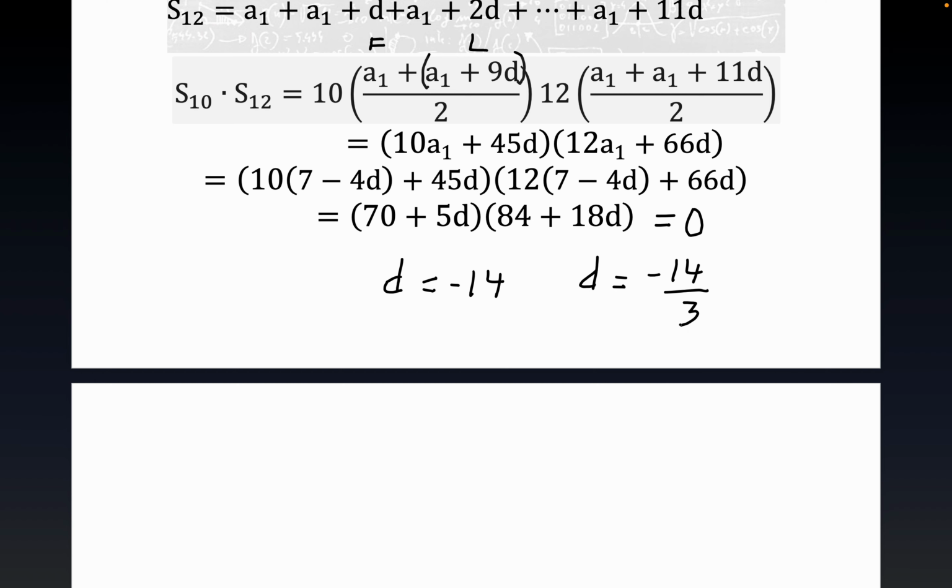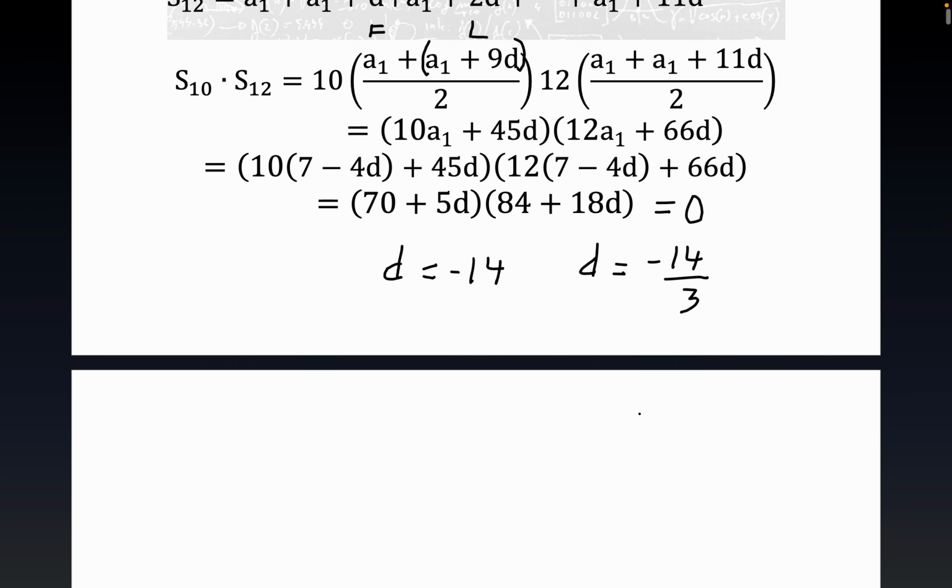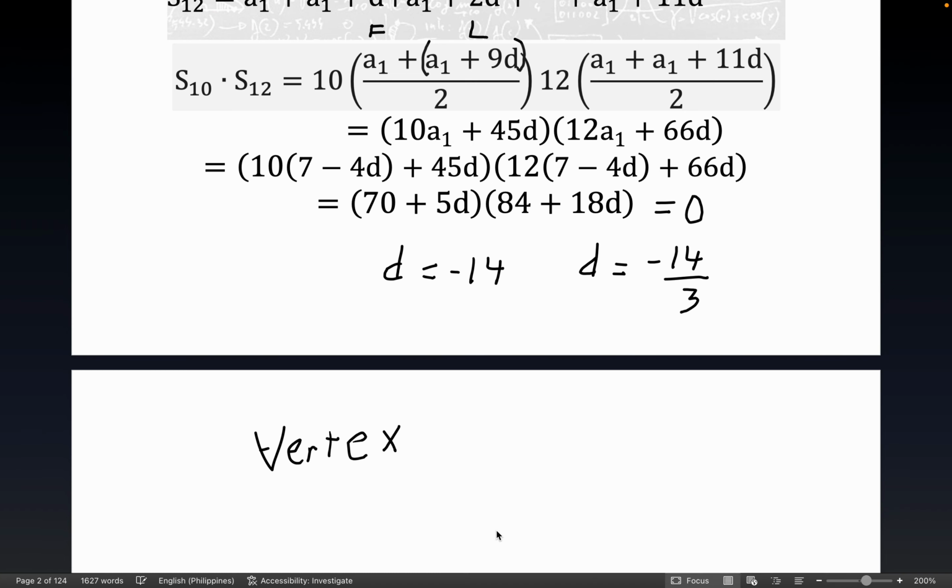Again, the vertex will happen exactly at the halfway point between these two values. So in other words, the vertex, or at least the d coordinate of the vertex, has to equal